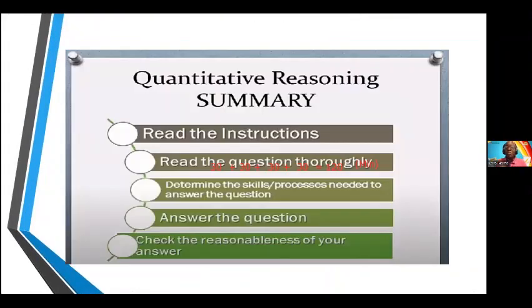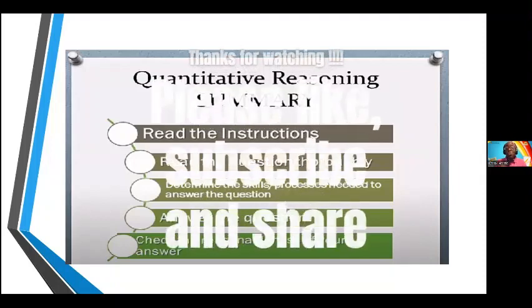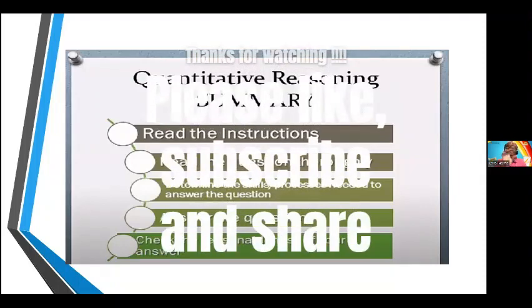Remember that in your exam, you must make sure that you read your instructions. Remember your quantitative reasoning, it's not going to be just coming right in your face. You have to read your instructions carefully, read your question thoroughly, pick out your information given, look out for what they asked you to find, then think about what math will I use to process the information given to get my answer. I need to determine the skills or the processes needed. Am I going to compare quantities? Am I going to add? Am I going to multiply? Am I going to divide? What will I do? Will I need to approximate? Will I need to look at the data and analyze